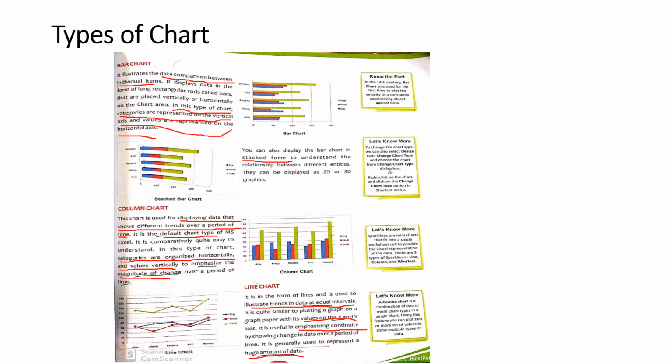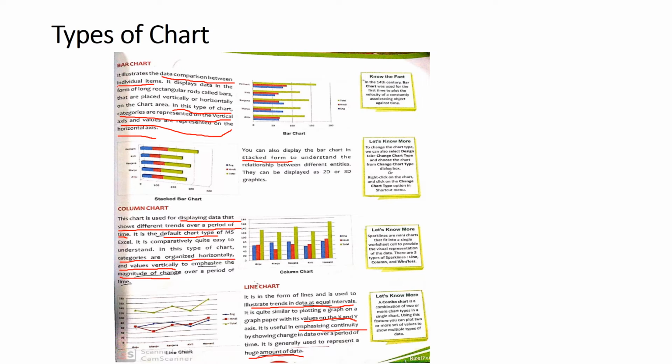Fine. So we can select any of the charts as per our convenience, but the data that is displayed by selecting that particular chart type should be correct also. Fine. Next one is the line chart, in which the data is represented in the form of lines and it is showing the trends in data at equal intervals. Like here, the green color line is representing the total marks,